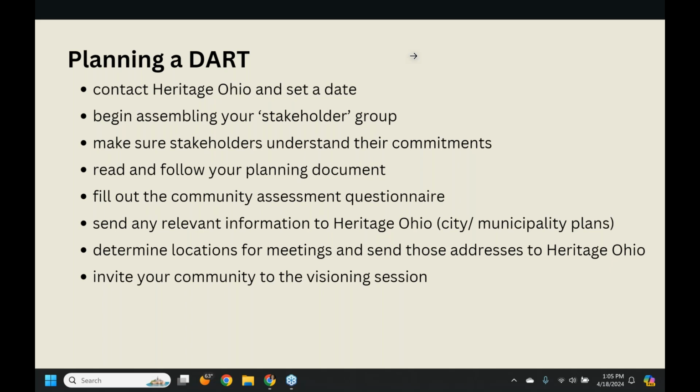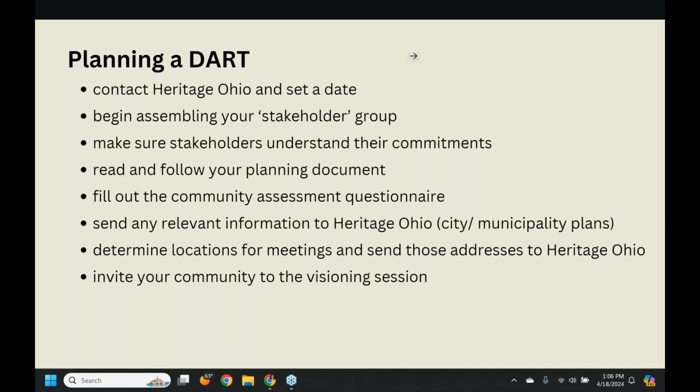in that process. So typically communities contact Heritage Ohio, are interested in having a DART visit, and we have an initial phone call with those interested parties. Interested parties range from city staff, elected officials, local community members. Sometimes it's just somebody who owns a house or a property that might be connected to the downtown historic district. So these organizations can begin at just about any space, but we like to see a nice reflection of the